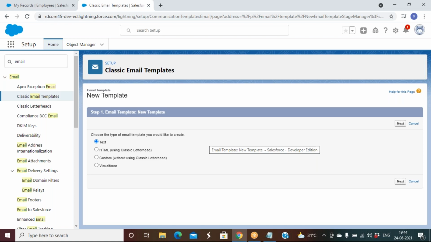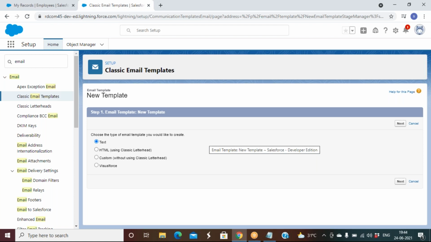But we don't have any of them. Visualforce we don't have. Okay, so we cannot create a Visualforce one, that falls under the category of development. So we will go with the text, HTML using letterhead, custom without using classic letterhead. Okay.